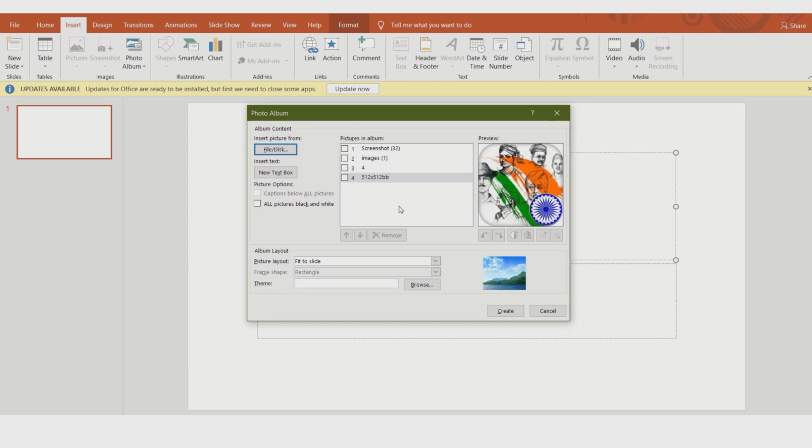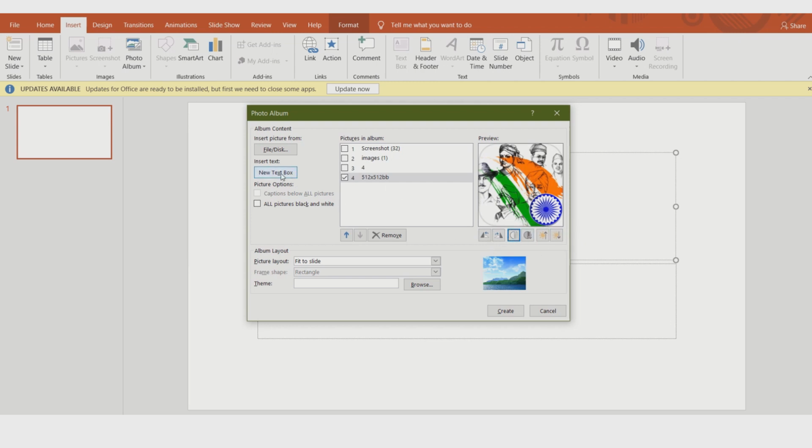In this way you can change the position, and you can change the appearance also. Suppose this photo, this is the preview portion, you can rotate this photo using these options. Different options are there. This is for increasing brightness, and this is for decreasing brightness. This is for another option. So different options are there for changing appearance.